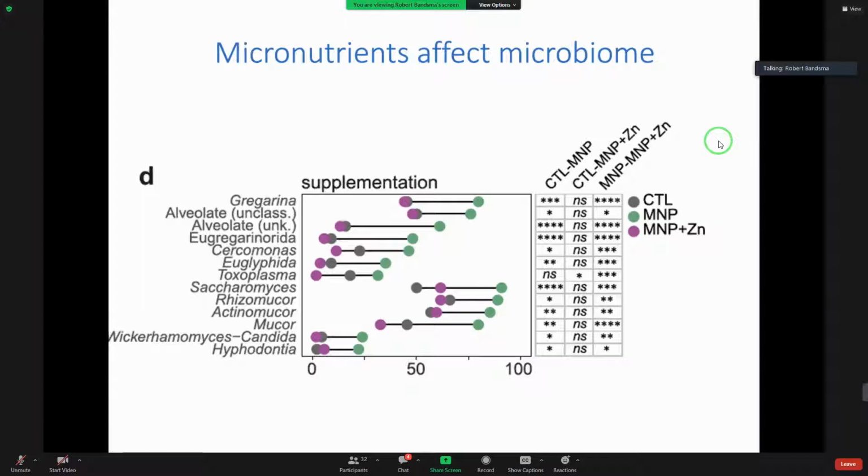It's been known for iron. Iron supplementation has been known to affect the microbiome, because microbes use iron for their own metabolism. They basically feed on the iron and can thereby worsen clinical outcome by exacerbating intestinal infections. But there's now also some data that some other micronutrients, including zinc, can potentially do the same.